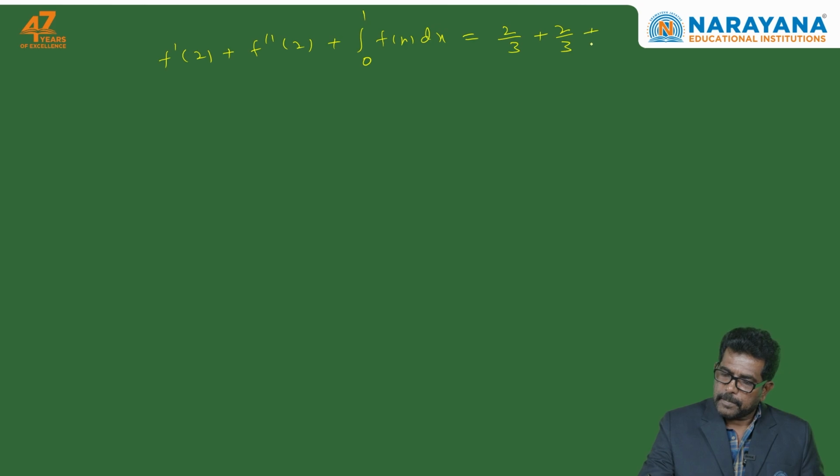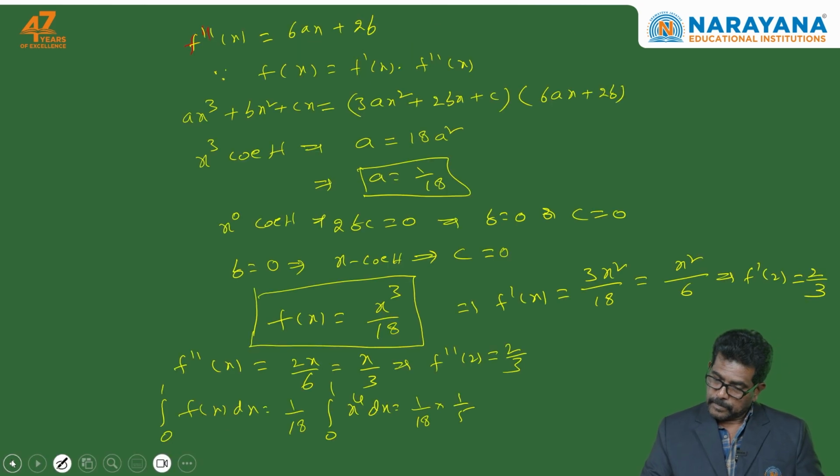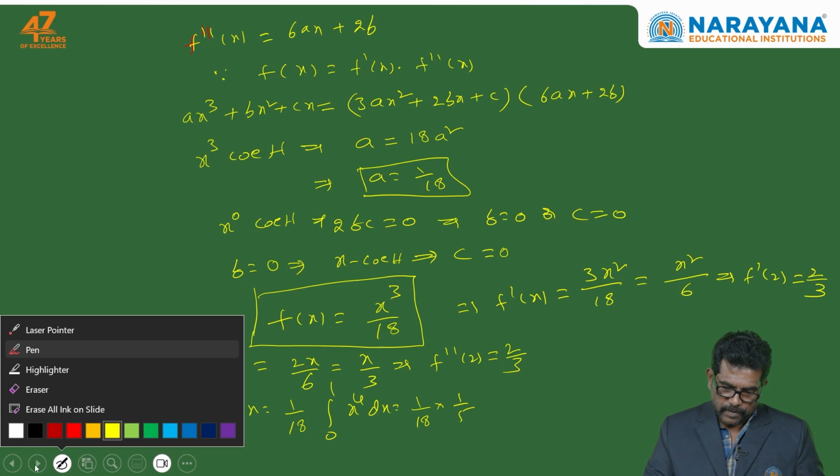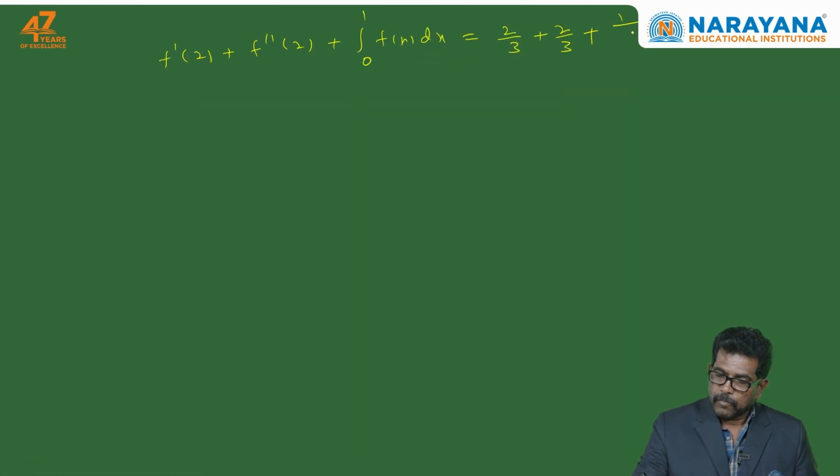2 by 3 plus, that is 1 by 18 into 1 by 5, 1 by 90. Now 36 times of what they asked. Now this one is multiplied with 36. This is equal to